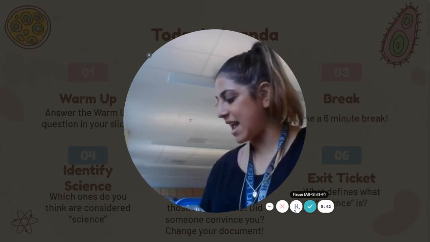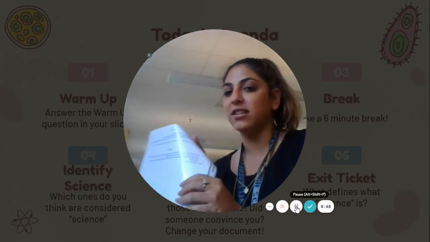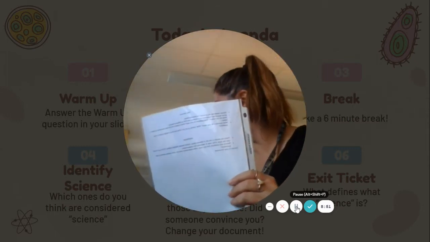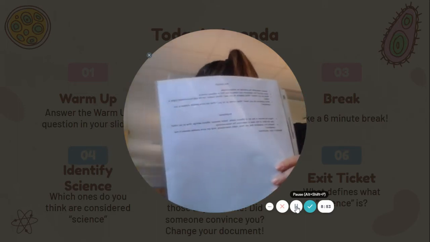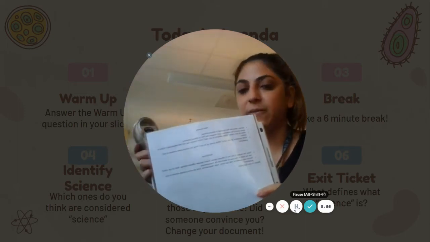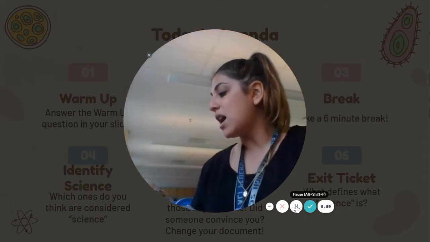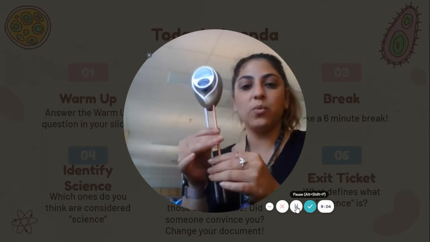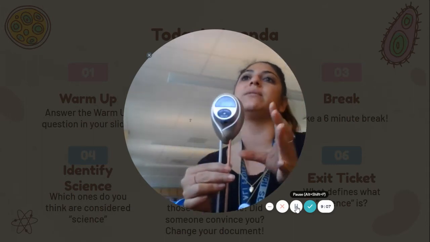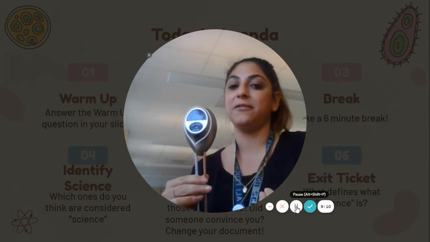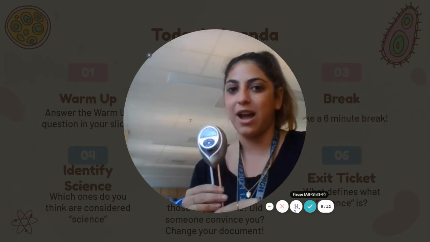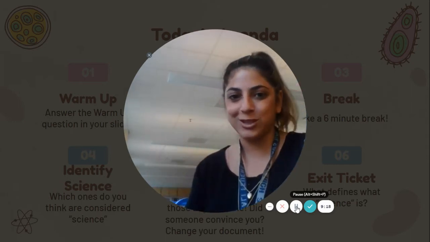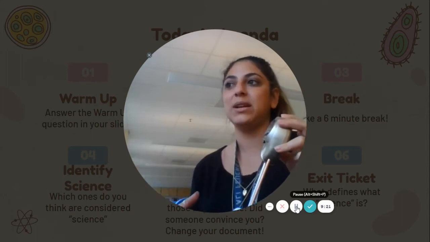Next, this is the PAR system. And if I didn't already mention, all of the instructions are at the stations in these labeled sheets. So when you're at the PAR station and the three-way meter, this one is really specifically to measure photosynthesis. This measures moisture, light, and pH. So if you want to use this guy, I have several plants around the room. All I ask is that you're really careful. This is my personal device, so please do not break it. And then when you put it into the soil, you don't need to jab it. Make sure that there's no plants in the way. Just kind of gently put it into the soil.